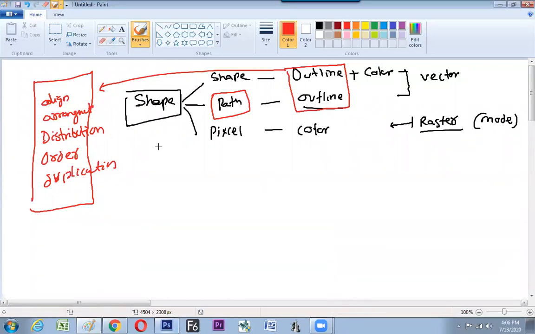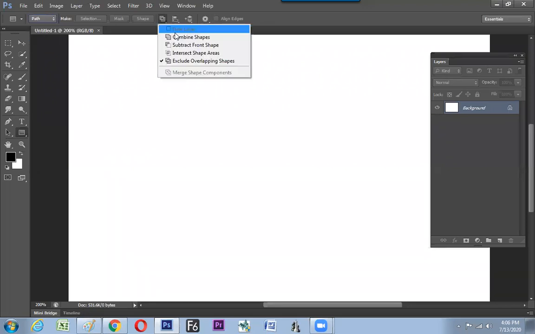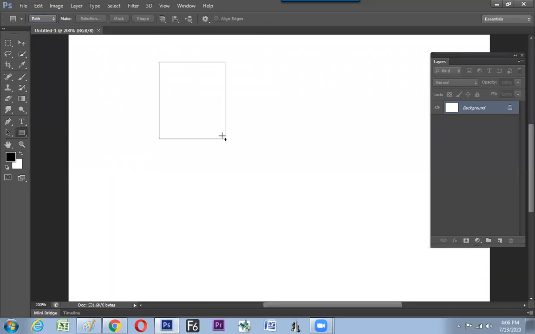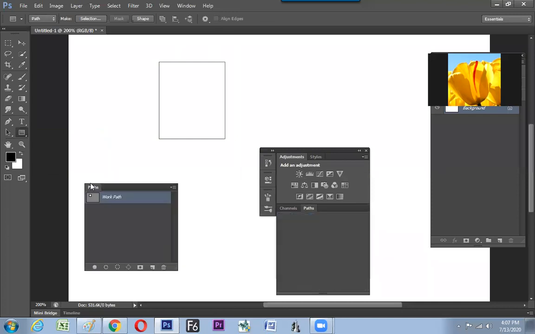Now let's move on to the screen. We have tried the things with the rectangle in shape format. Now switching to the path. We have done with pixel also, but in path, what happens? We are able to see only the outline. It doesn't fill the colors. The advantage is we can do all the operations as if you are doing to the shapes.